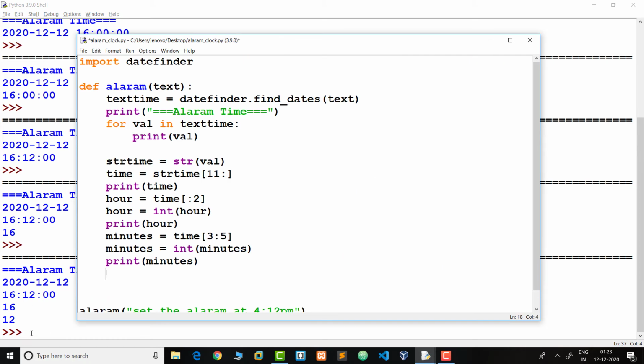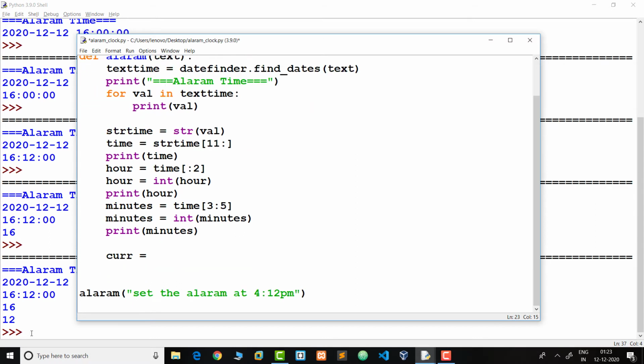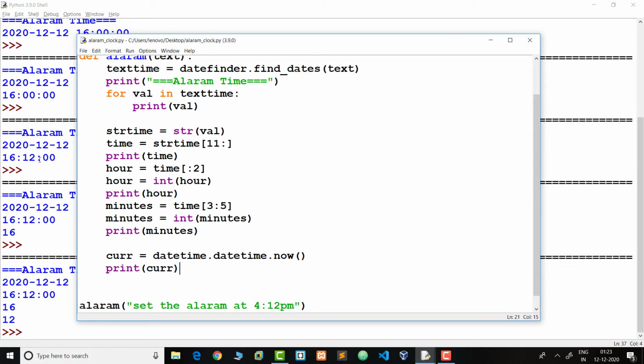Now if I want to print the current date and time, we need to use the datetime module. So here we import datetime, and the current time equals datetime.now, and we print the current date and time.